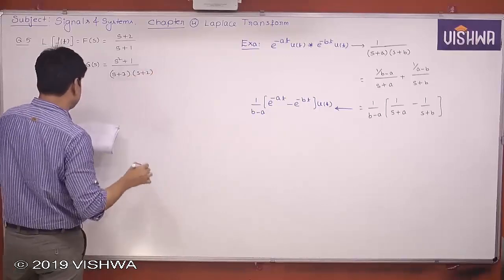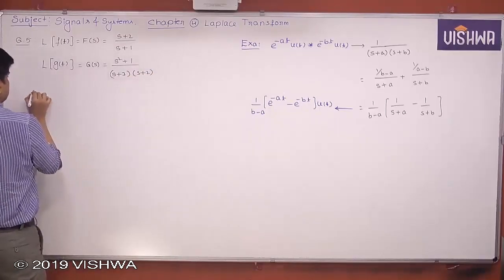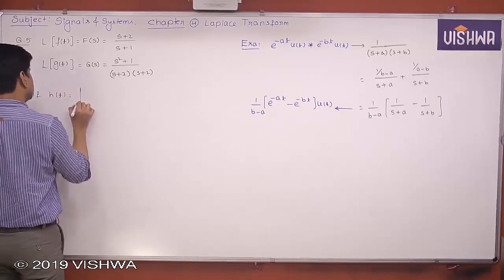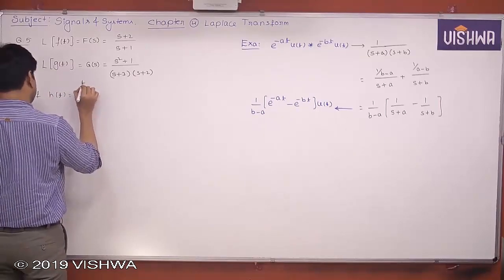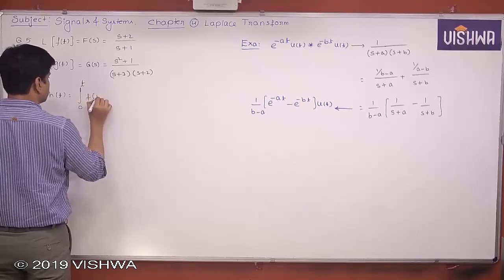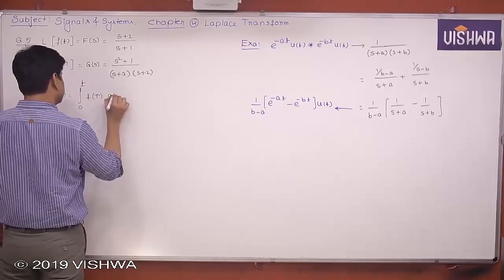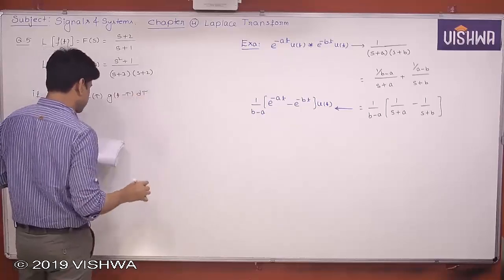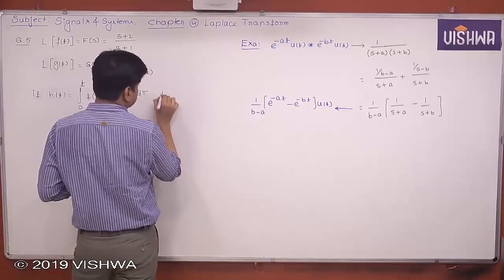If h of t is equal to the integral from 0 to t of f of tau g of t minus tau d tau, then h of t is